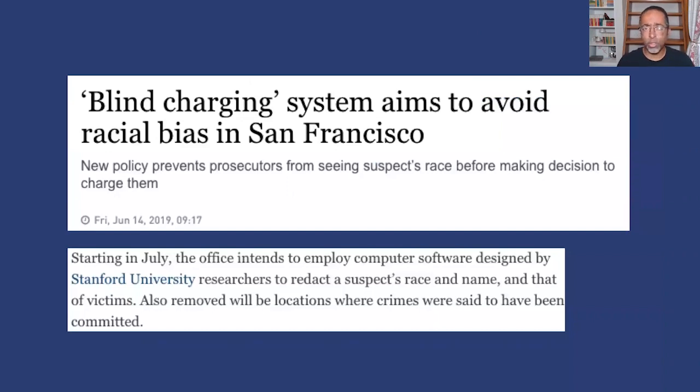This even spreads out to the judicial system. In the judicial system, district attorneys generally have incredible leeway when it comes to deciding whether or not to bring charges when a crime has been committed. Perhaps not surprisingly, they are more likely to bring charges when the accused is Black than if the accused is white, even for the same crimes. So similar to the resumes, they said, well, why do you need that information? So they started producing crime reports that omitted the race of the accused, the race of the victim, and even the location of the crime to try to get less biased decisions out of the DA.